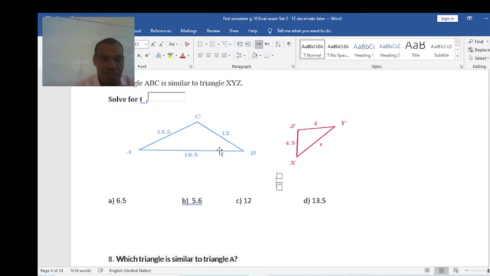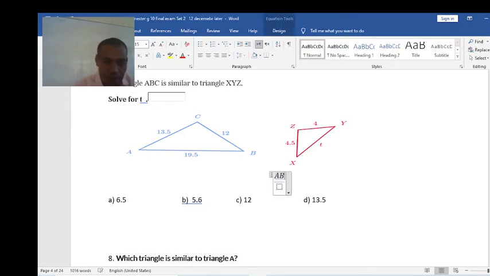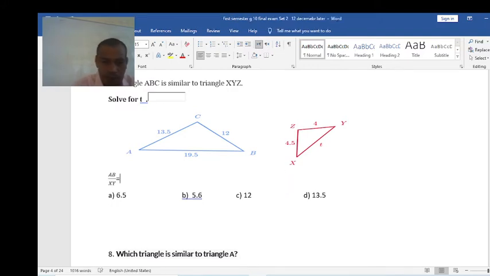For example, I will start with AB, the line segment AB, divided by XY, equal to